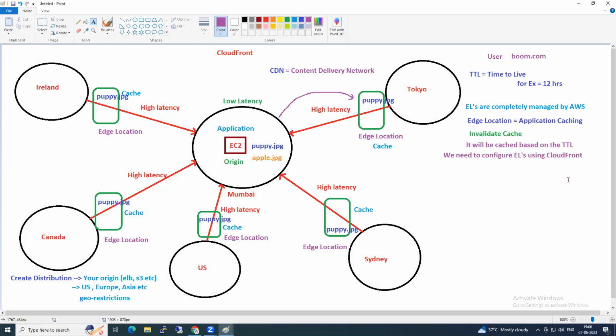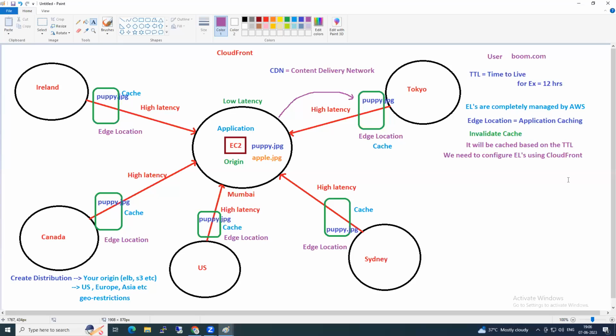One solution here is you take your Mumbai application and replicate it in all the regions where your customers are. But I don't have that much budget. Your company will say that. So I don't want to replicate my applications, but I want to give low latency for my customers. How? Using which service?